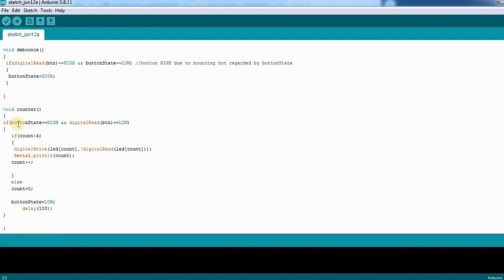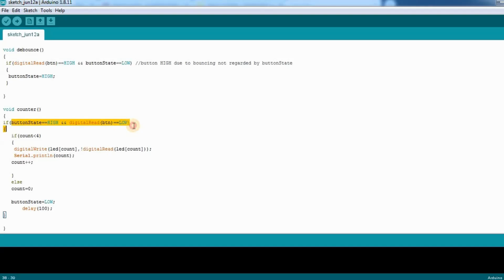When it comes to the counter function, it will check the button state. The button state should be high, and the hardware button should be low. This will cancel out all the other bounces that are coming, that means other bounces that are being detected by the Arduino.